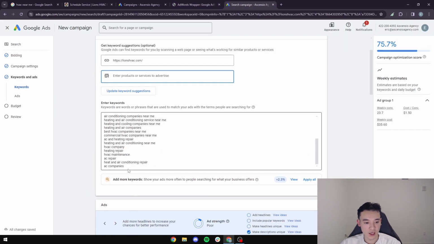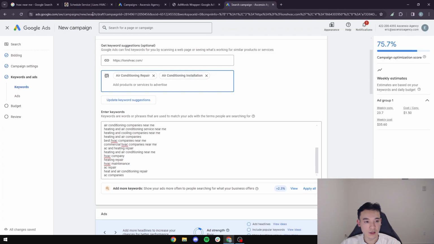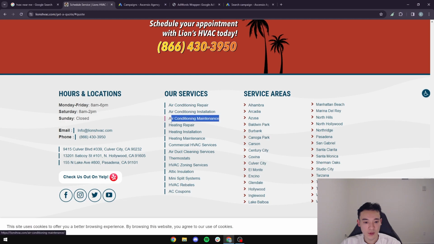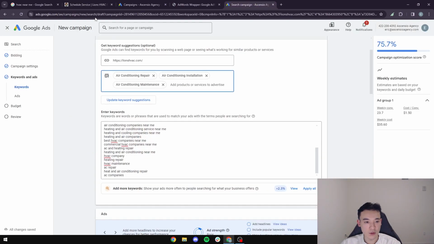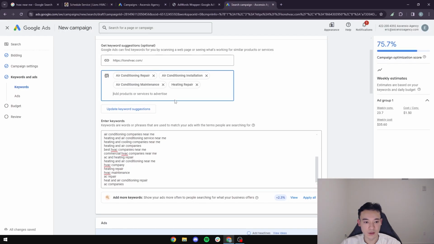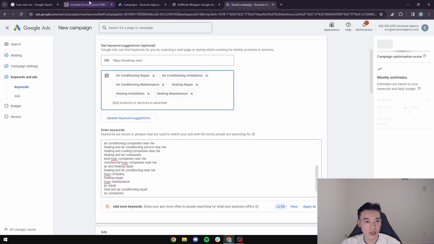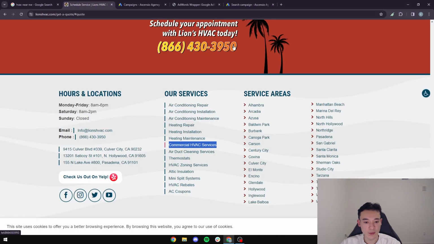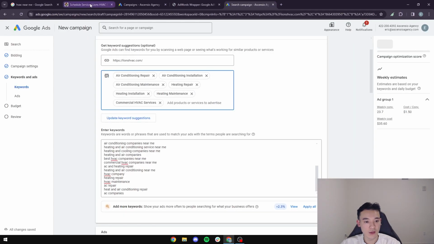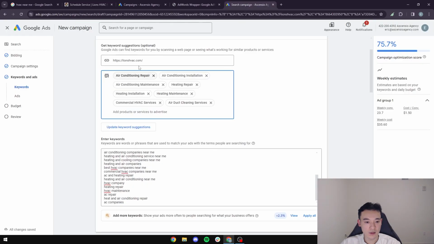So let's add this: air conditioning repair, air conditioning installation, air conditioning maintenance that you provide, heating repair, heating installation that we do. All we're doing is copying what you provide in your services, whether it's on your website as well. So commercial HVAC services, we have air duct,